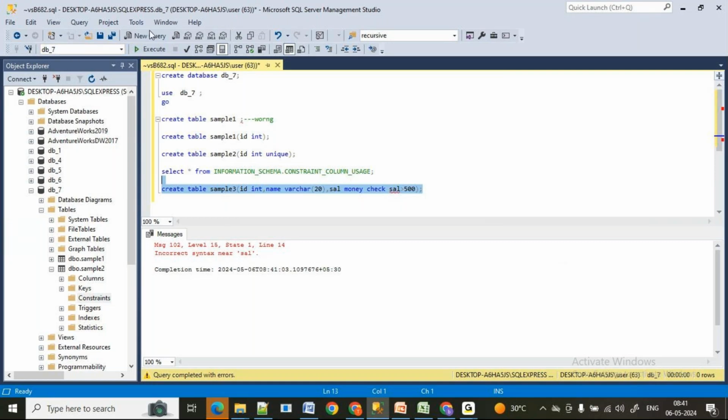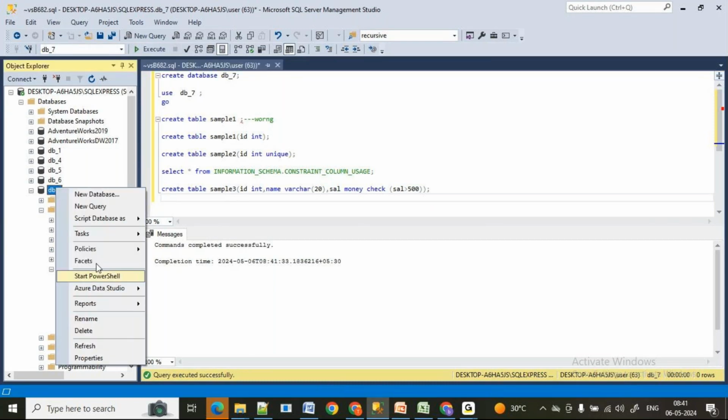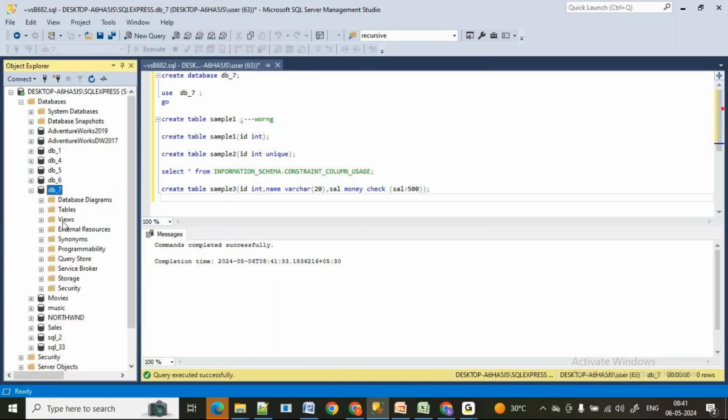You have to select and execute. If you are not selecting, then every command in this space is going to execute. Now the table is created successfully. Now let me refresh this DB7 and expand the tables.